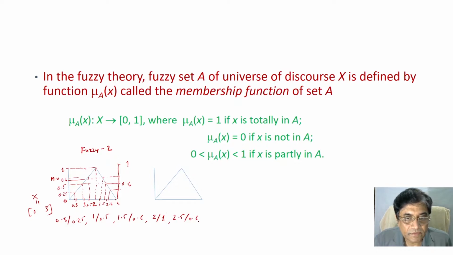Okay, so 2.6 has some membership value 0.7, like that. 3 doesn't belong to class 2, so it has membership like this. So this is my fuzzy set, which is describing fuzzy number 2. So fuzzy 2. So here the beauty is, you see, although I know this is the candidate most, that's why